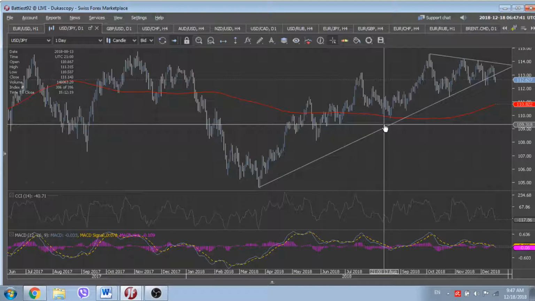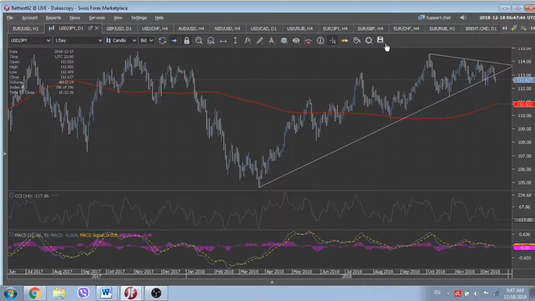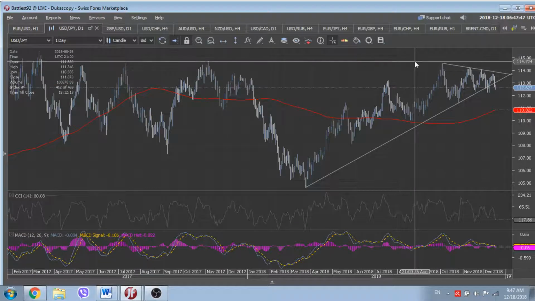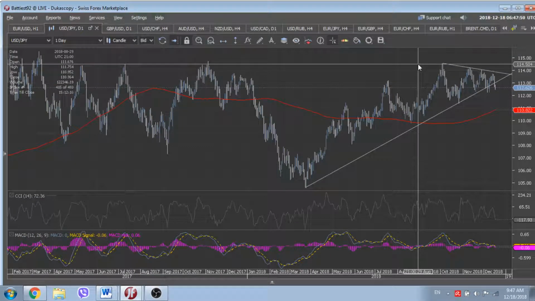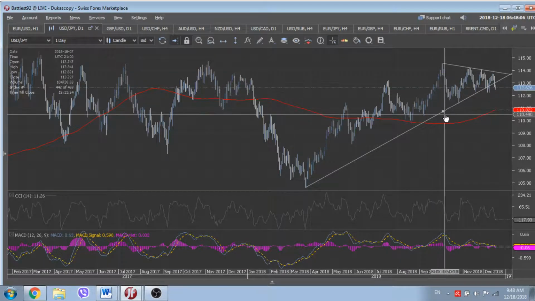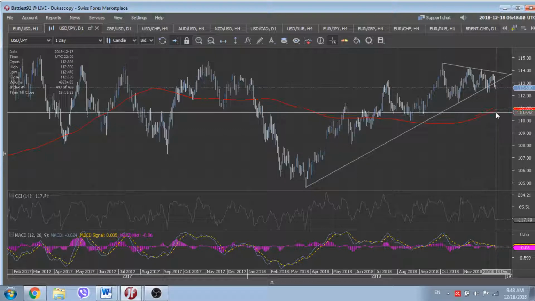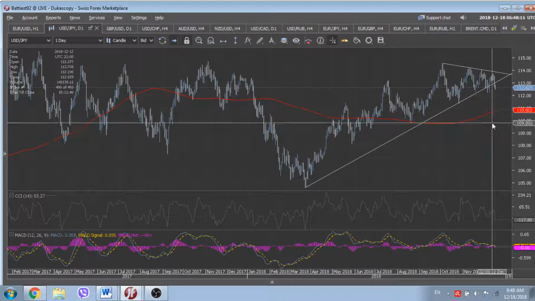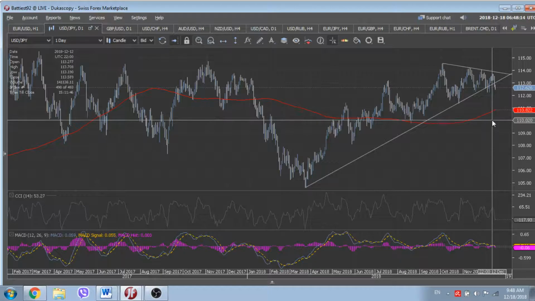We're still trading at the upper part of the channel, and the very important barrier, the multi-year top around 114.50, should defend the upside in the currency. But in case of further deepening, we need to close below the 200-day moving average at 110.82, and the psychologically important level of 110, to really improve the bearish picture of the dollar yen.